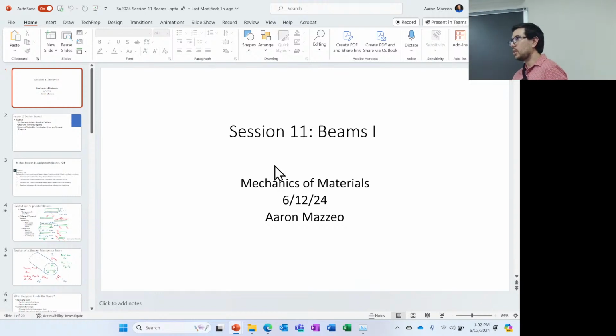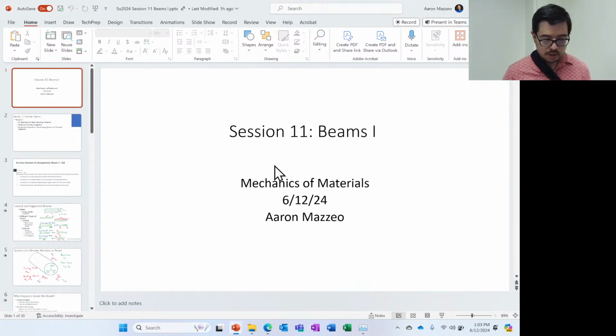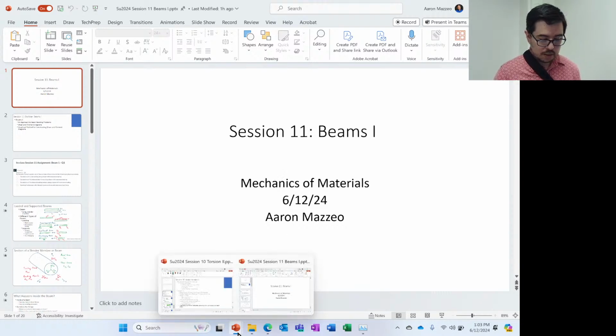And we'll go to the lab. But before we do those things, we're going to do a little finite element analysis for the last question on session 10. So in this case, we have a shaft